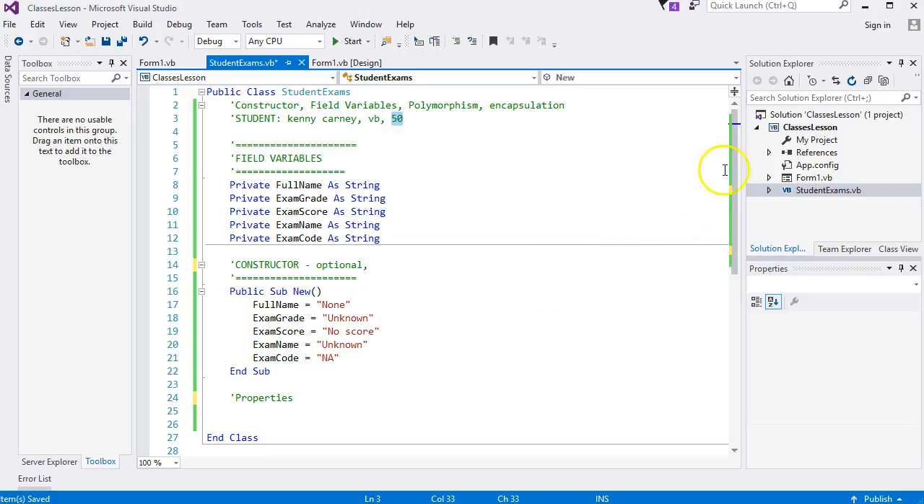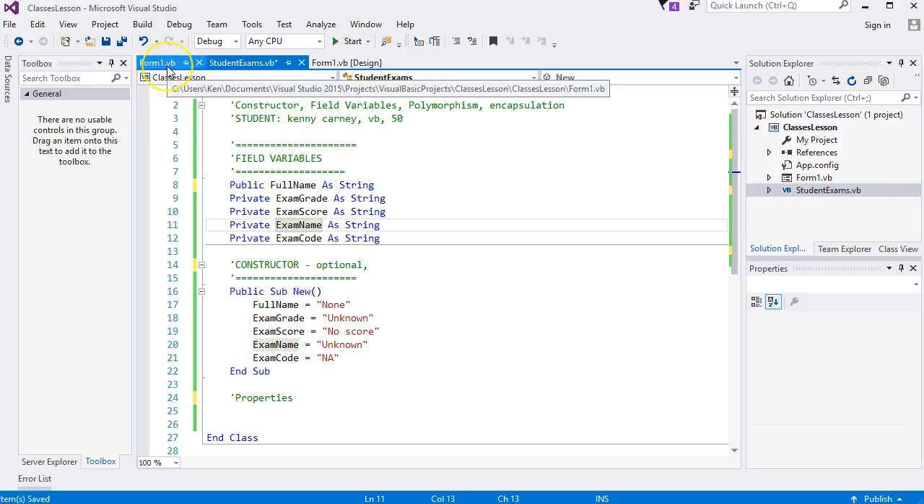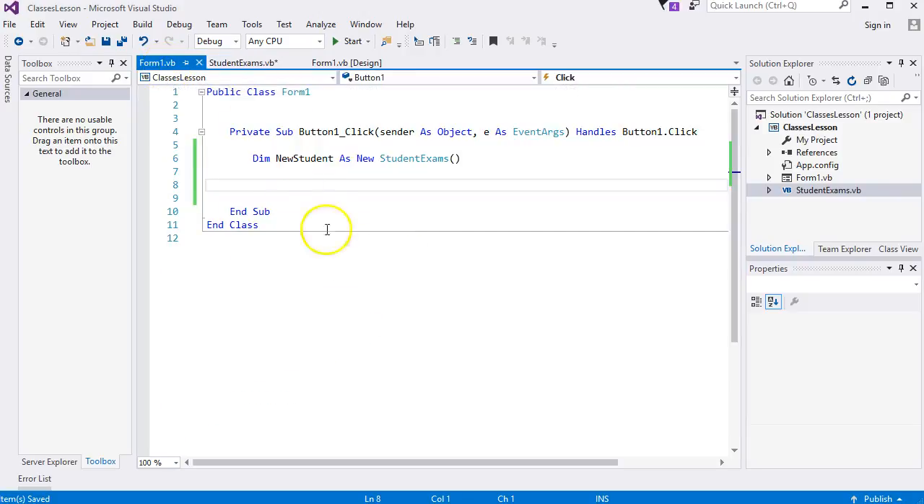You can also do it another way. You can make these, instead of private, public. Except you don't want to do that. I'll show you an example. So if I do dim, and there's my new student, new student. And if I type a dot,